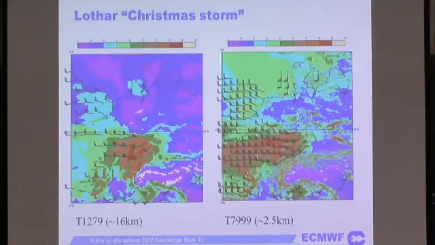I think they even claimed a computer bug as the reason they didn't do such a good forecast. But they were not alone. I think pretty much everybody did a very bad forecast of these storms. And so it's a very challenging case, because it's a very rapid development, and it needs high resolution to capture